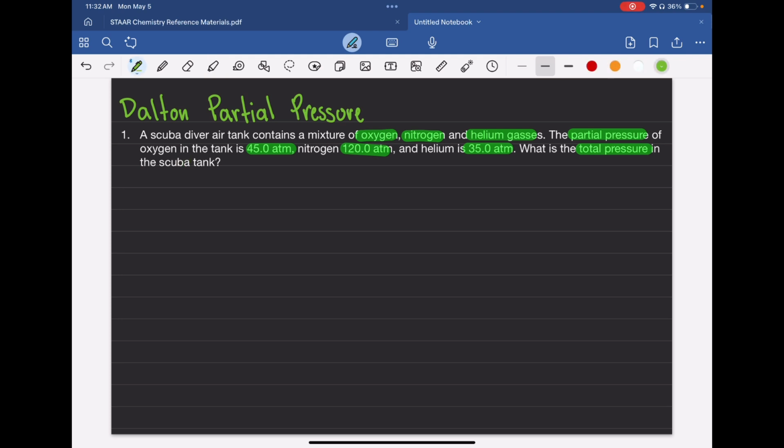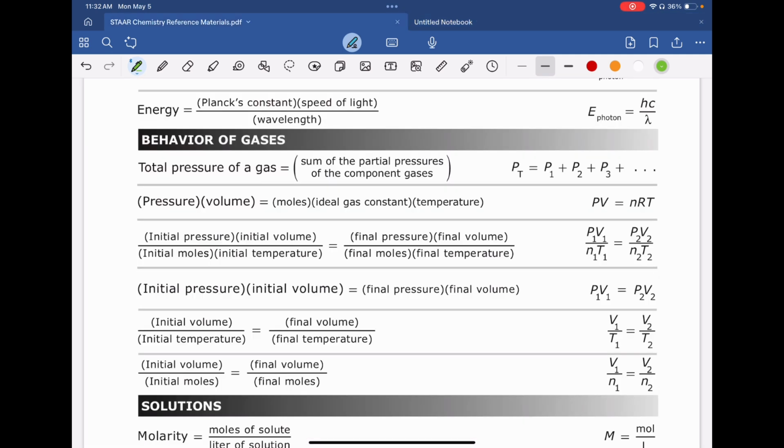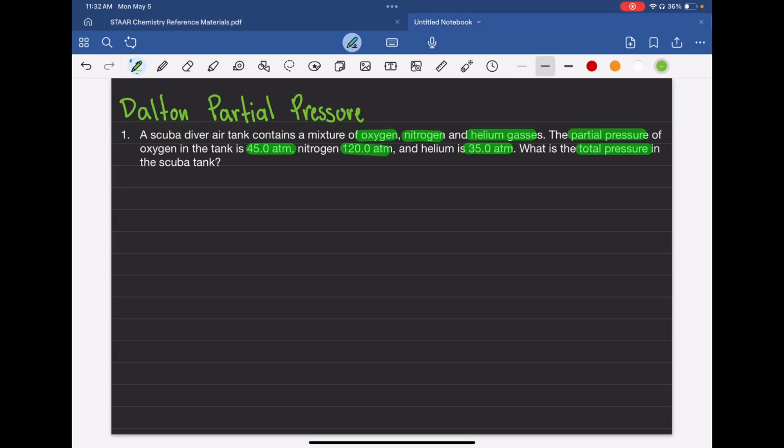So in this question, we are going to be using Dalton's partial pressure. If you have your reference paper, which you'll have in your ACP, we can see that our formula for partial pressure is our total pressure equals the pressure of gas 1 plus the pressure of gas 2 plus the pressure of gas 3. So we're going to be using this formula here, so I'll be writing it. Our total pressure equals pressure of gas 1 plus the pressure of gas 2 plus the pressure of gas 3,